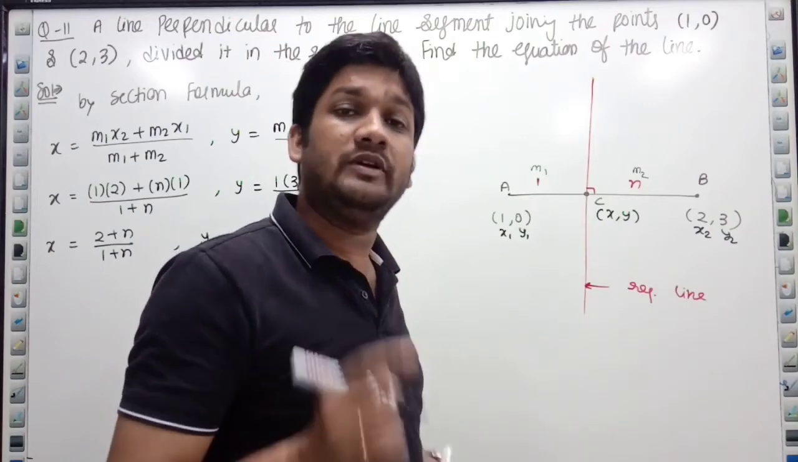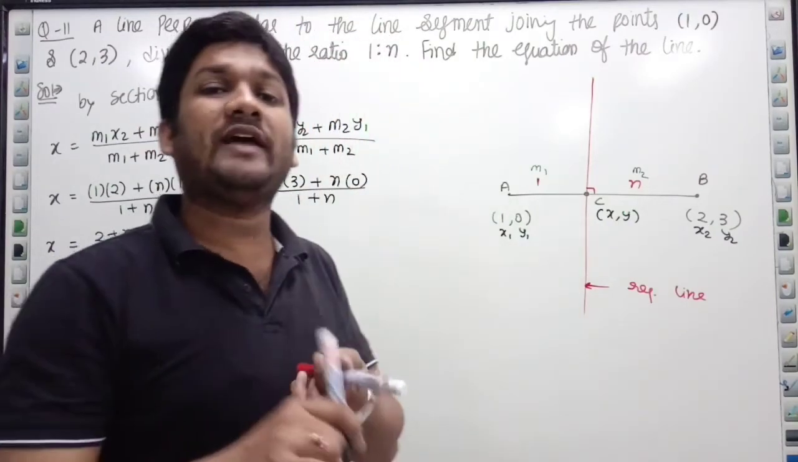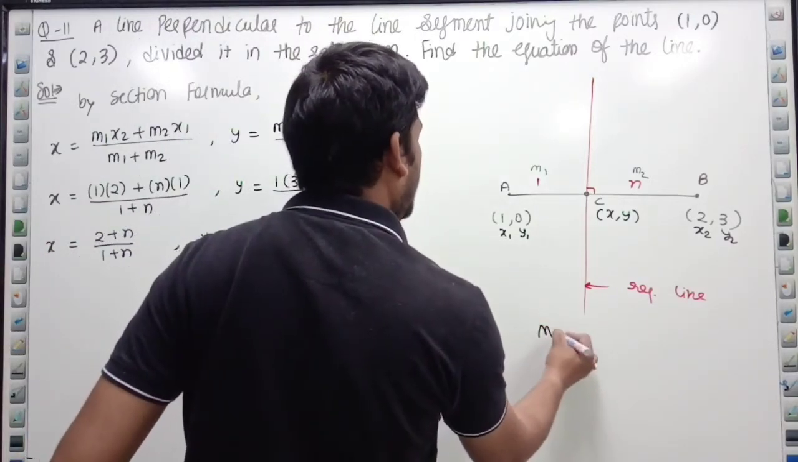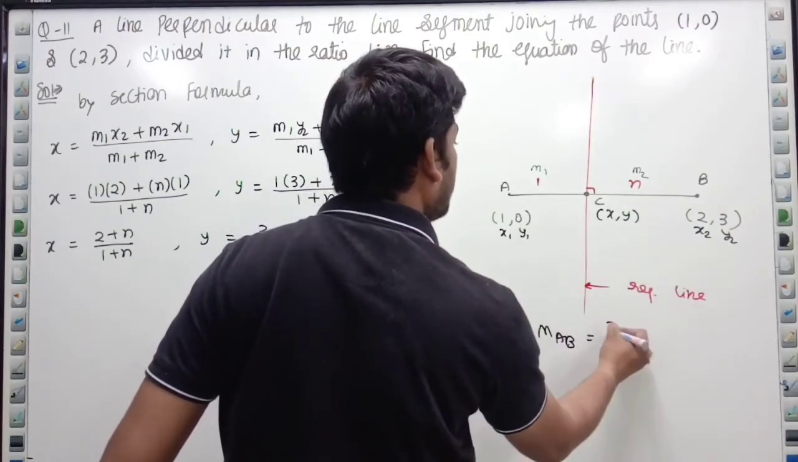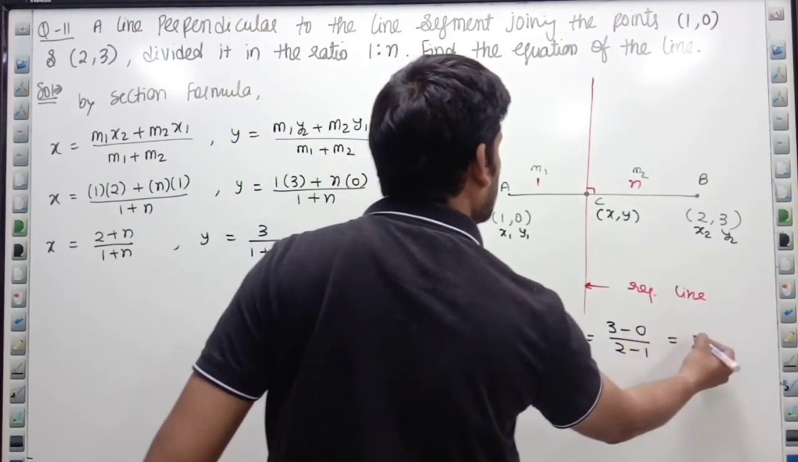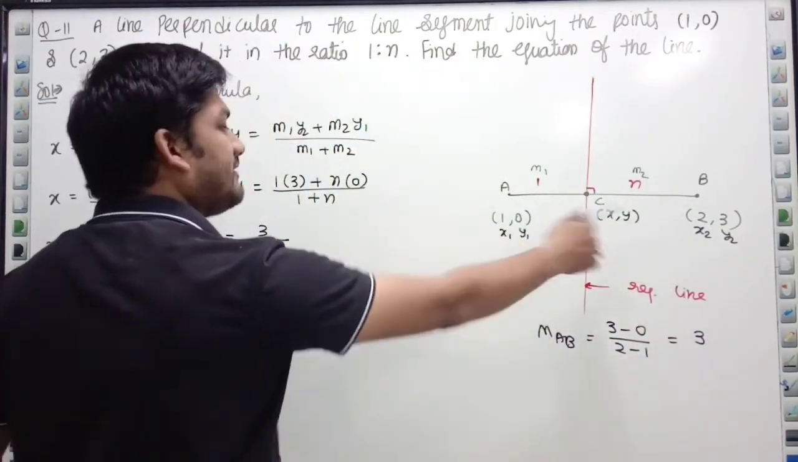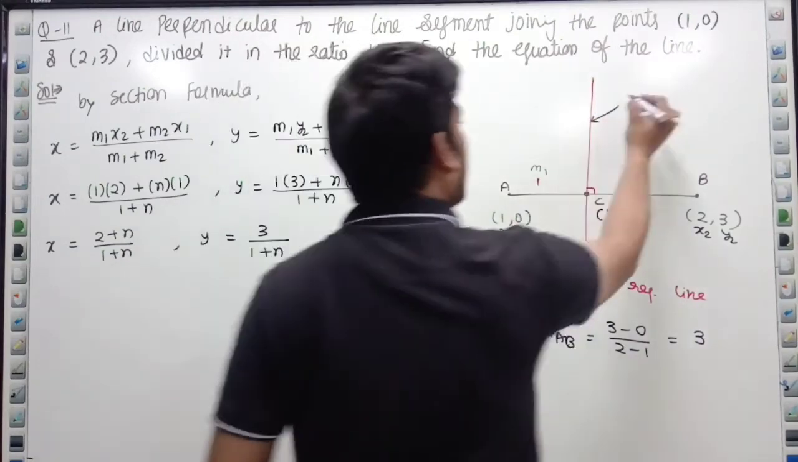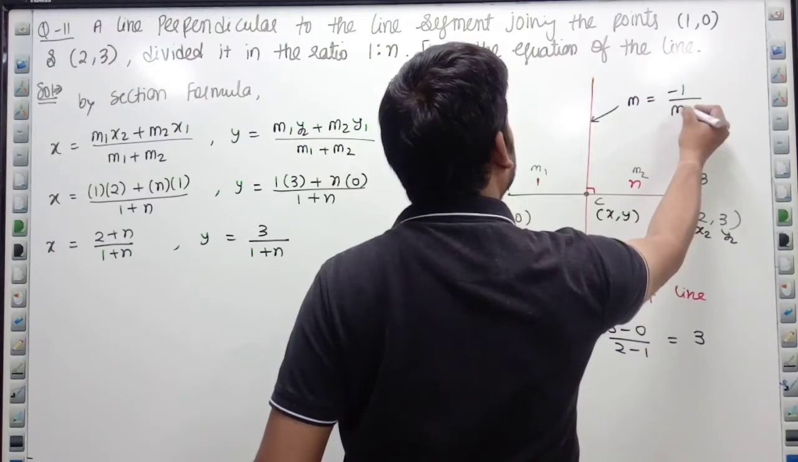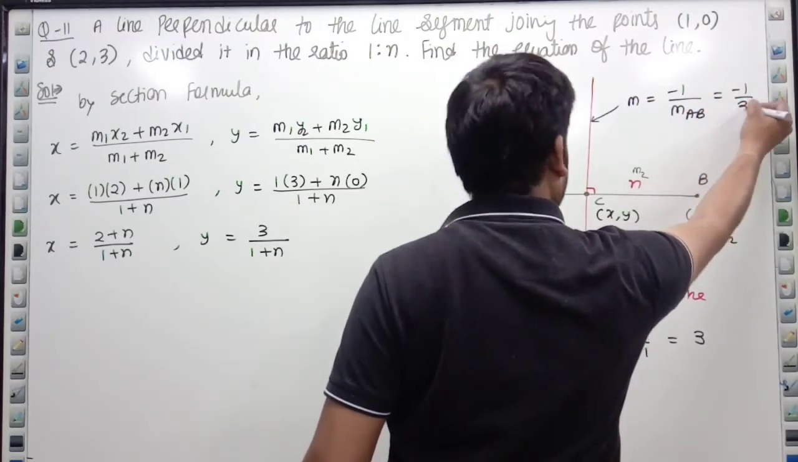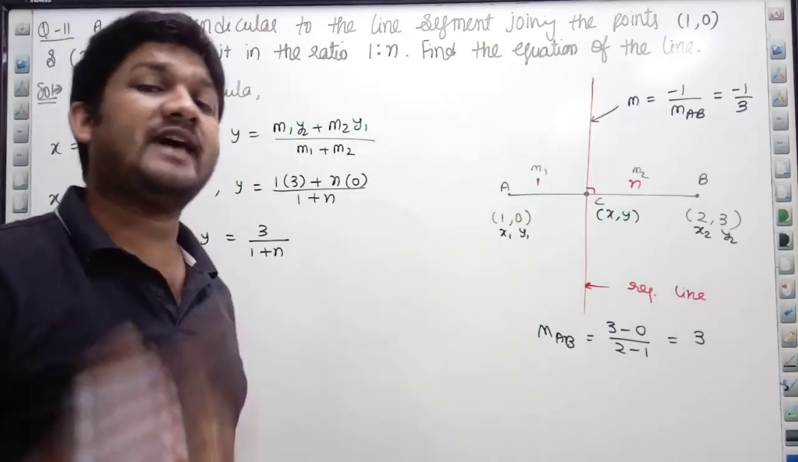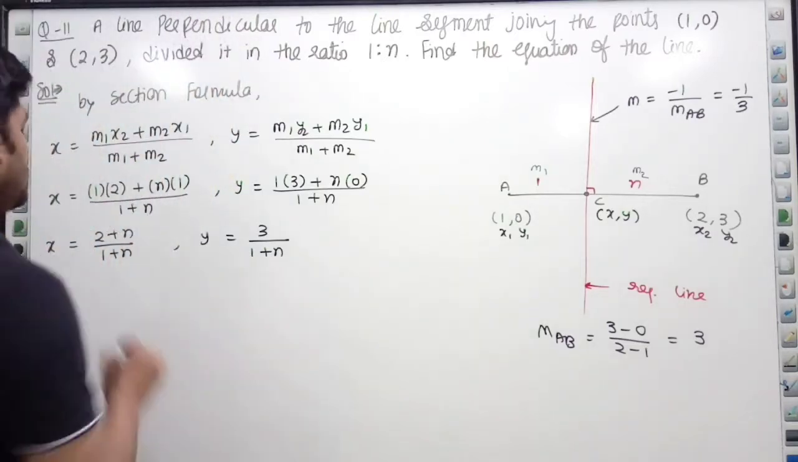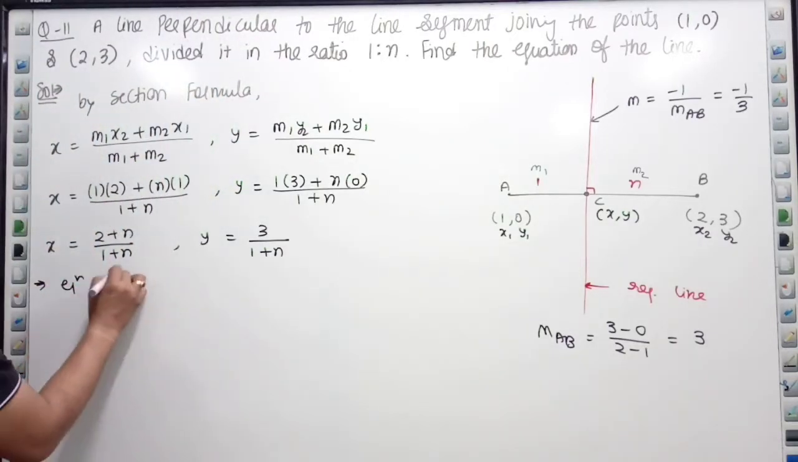Can we find the slope? Yes. Always remember, when two lines are perpendicular, the product of their slopes is -1. So what is the slope of AB? The formula is y2 minus y1 upon x2 minus x1, which is 3. Slope of AB is 3. So what will be the slope of the required line? That will be -1 upon the slope of AB, that is -1 by 3. Remember, if the slope of a line is m, then the perpendicular line will have slope -1 by m. The product is -1. So the equation of the required line: